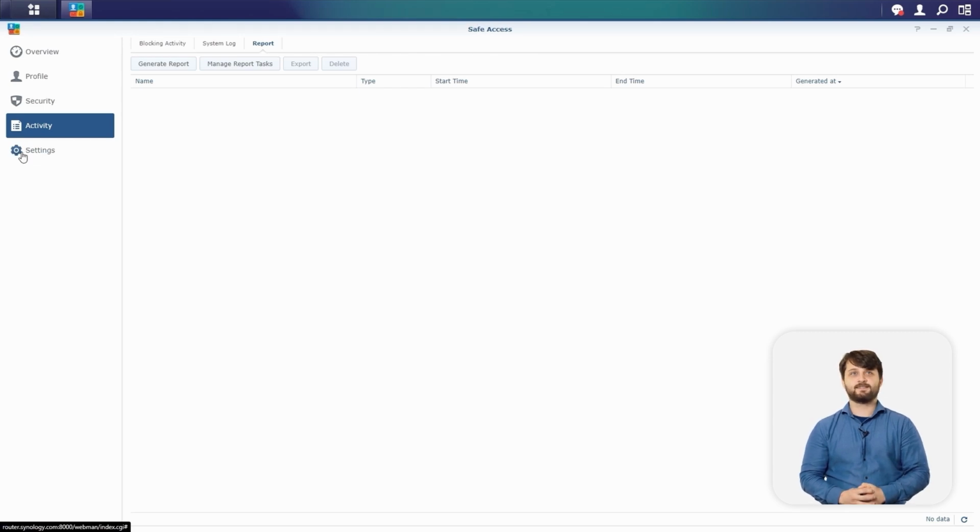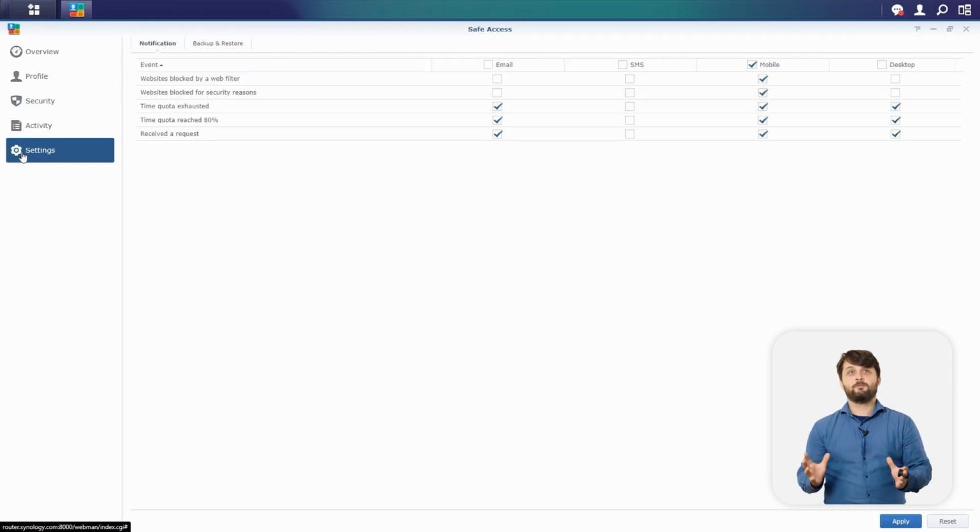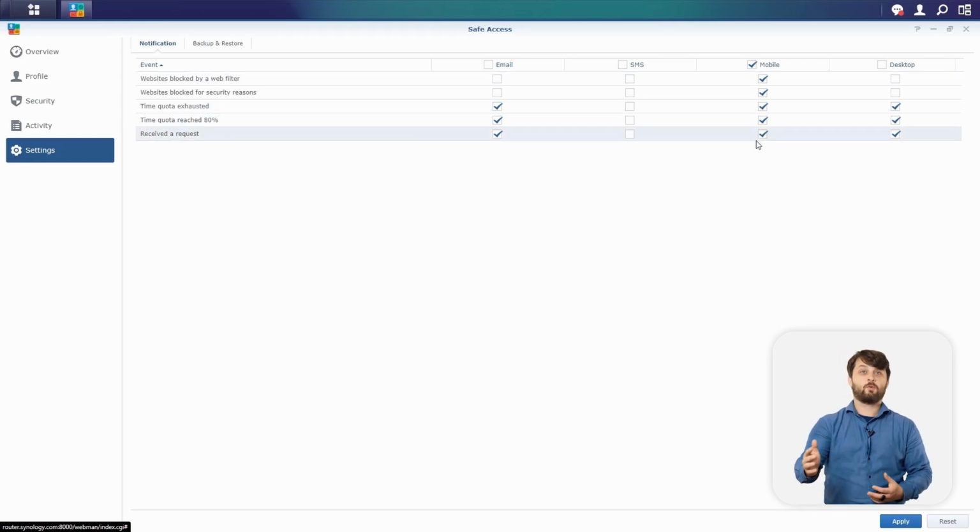As we click on settings, the big thing that I want everybody to know is that you have a custom little window here for actually setting up your notifications. Now remember, in Control Panel, we already set up our notifications in our environment, so we're already going to get emailed using that notification feature, and you can change what Safe Access would actually be emailing you underneath this Notifications tab. Lastly, you also have the option to back up and restore your configuration in Safe Access.